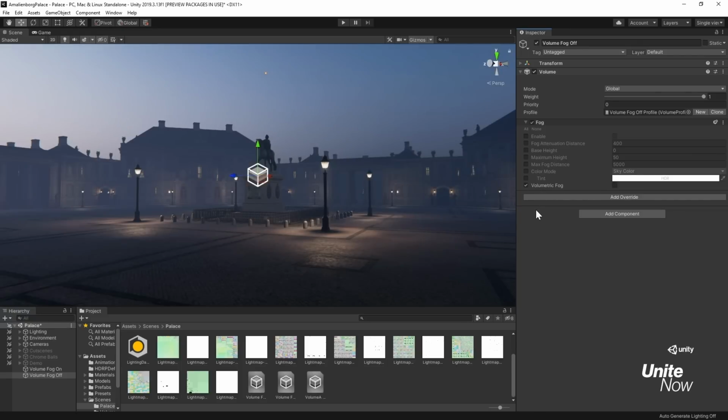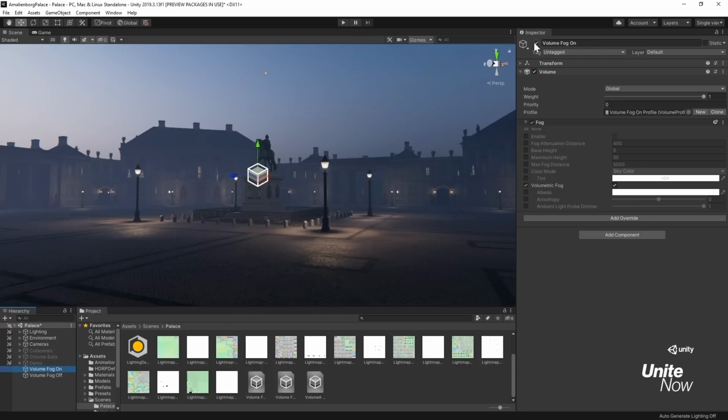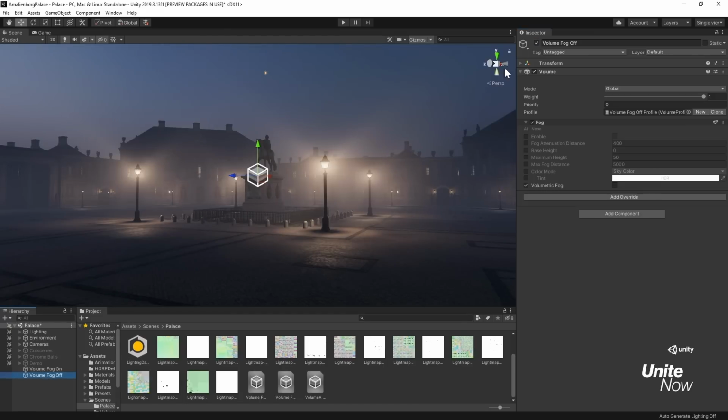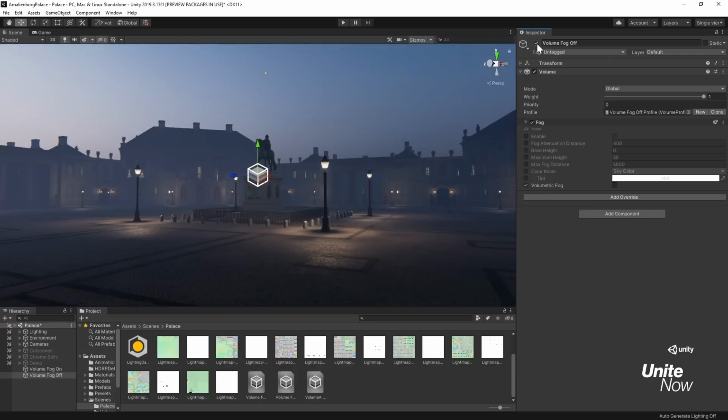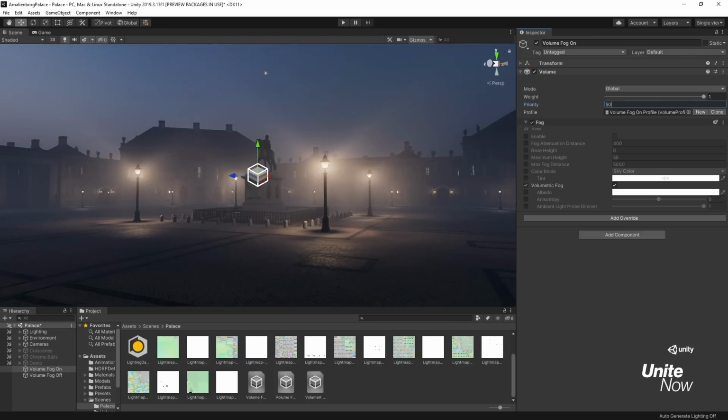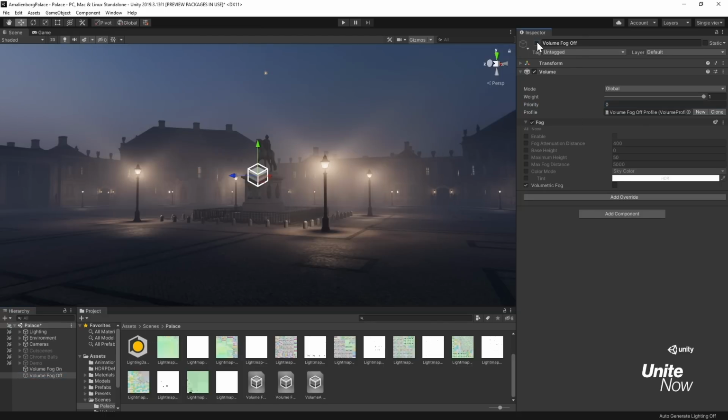So you can certainly understand that those two volumes are going to compete over the same parameter. How does HDRP decide which one will win over the other one? As you can see, the last active volume will take precedence over the other one. Naturally, this isn't a wanted behavior as it cannot be predictable. This is why you have the ability to set a priority for each volume. The volume with the highest priority will win whenever there's a conflict, like in this example with those two volumes